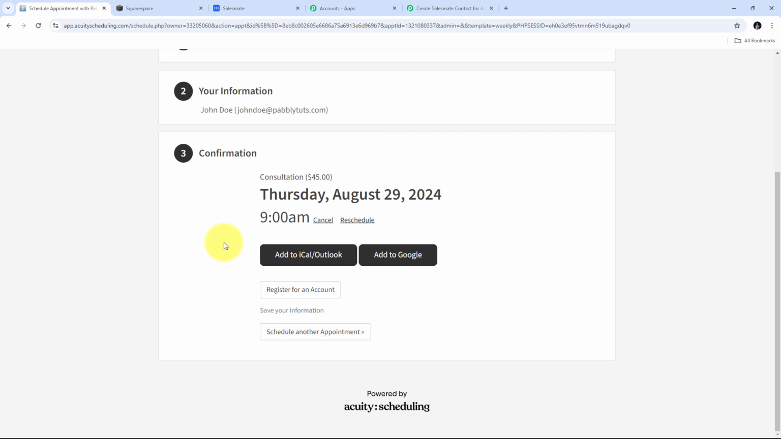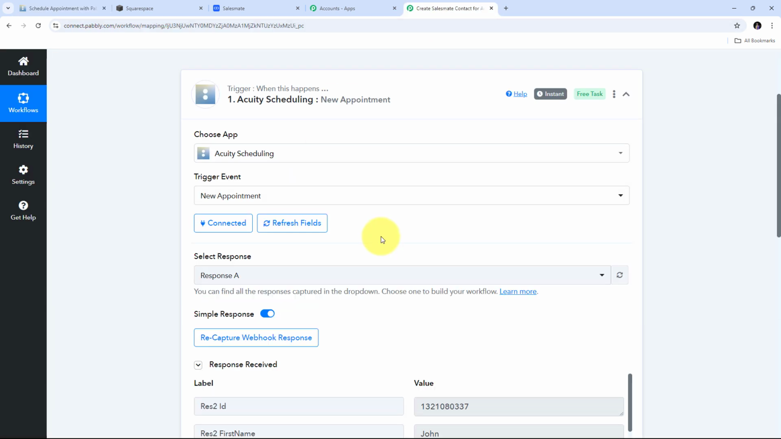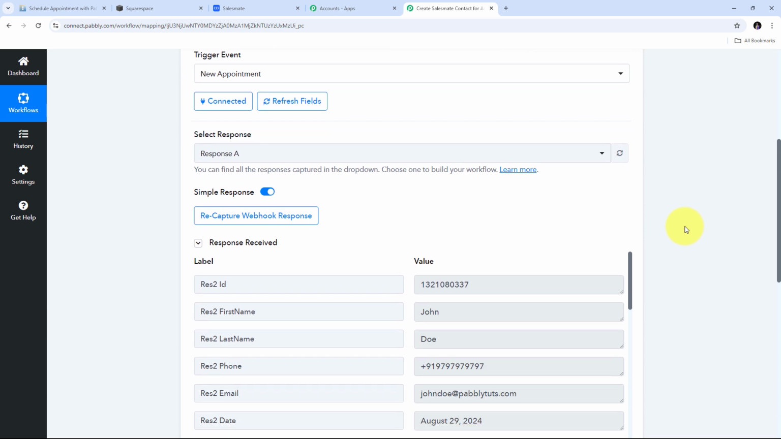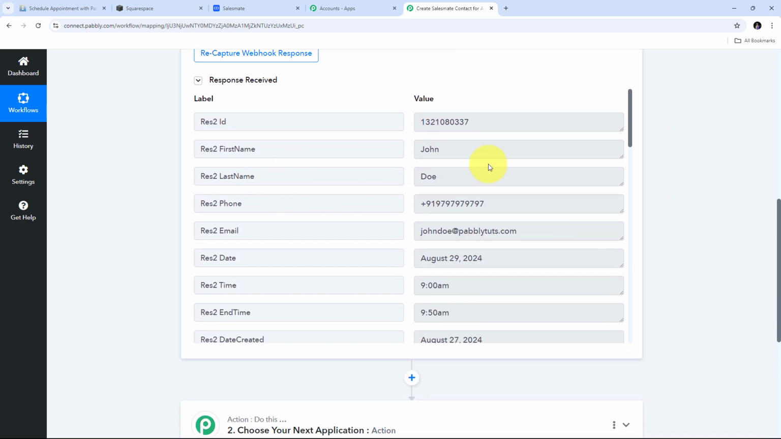And now as I've created this appointment, I need to take you to Pabbly Connect. And here in Pabbly Connect, we can see I have received this response. So in this response, I have all the detail of my appointment and I have all the detail of my client. So here I have the first name that is John, I have the last name that is Doe, I have the random phone number of my client, also I have the email address that is